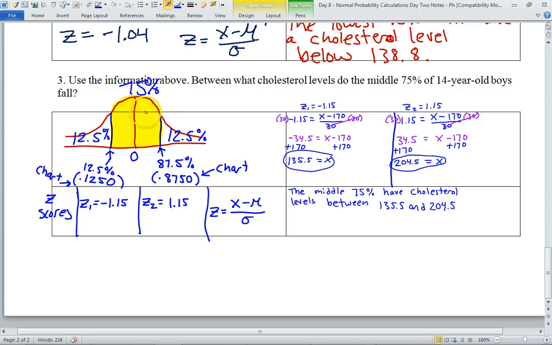So we decided if the middle was 75%, that left 25% to be shared equally on the ends, 12.5 and 12.5. The numbers on the chart are always to the left, so that meant the lower boundary is 12.5%, but the upper boundary, which we changed into a decimal of 0.1250, was more complicated